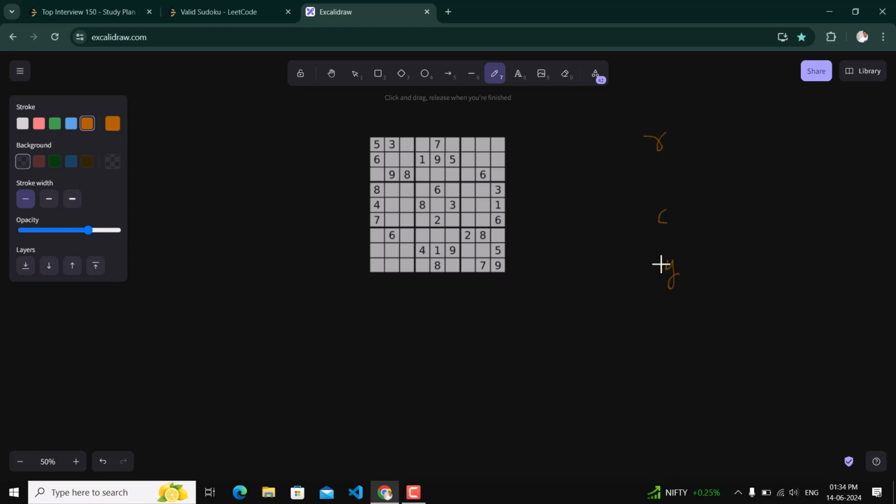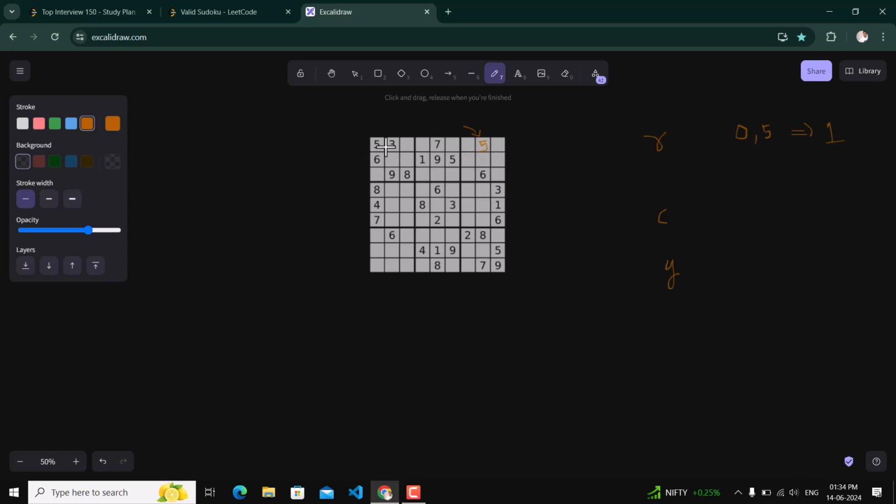So what we will do is count. If we find any element against any row, we will make its frequency 1. Let's say here we have 5 again. If we traverse through the row, we have encountered 5 in row 0, so we will place it against row 0 with 5. Now, when we encounter 5 again, we will check whether its frequency is already 1, or 0.